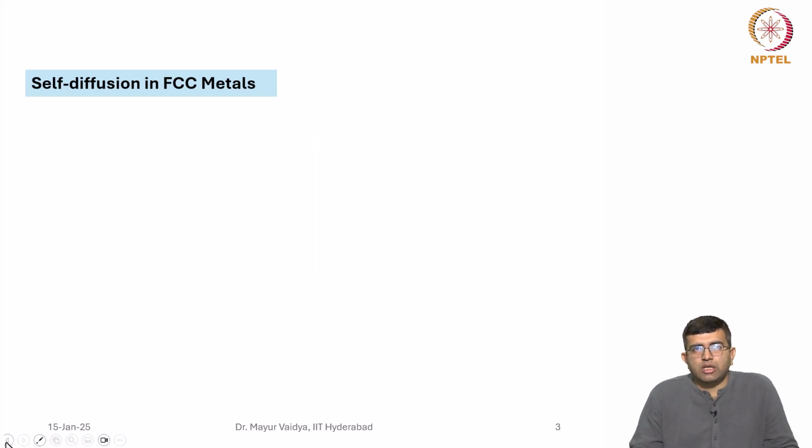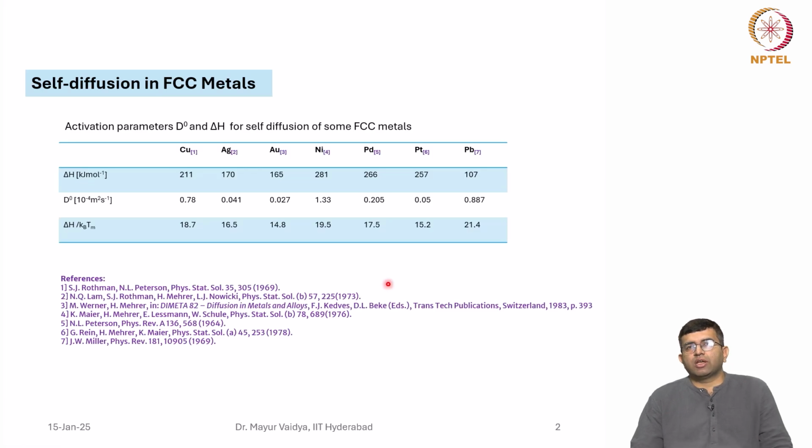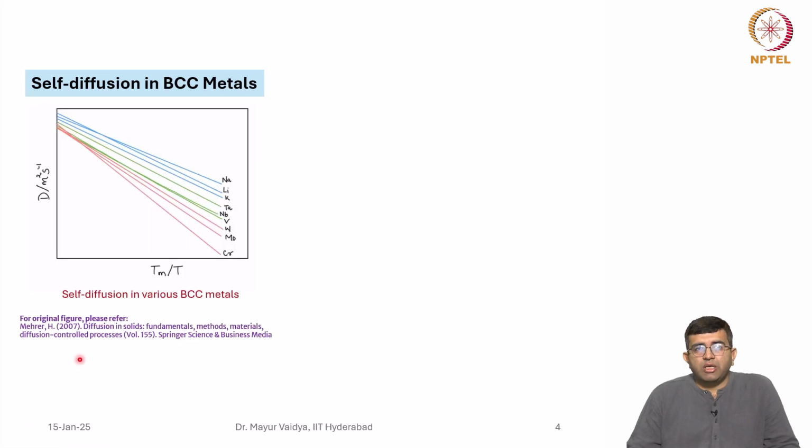Again, if you see the data, this trend is reflected in the enthalpy values also. Nickel has the highest activation enthalpy and hence the lowest diffusivities among the nickel group vertically. So, in the BCC metals, for example, this is a schematic for the original figures, you can refer to